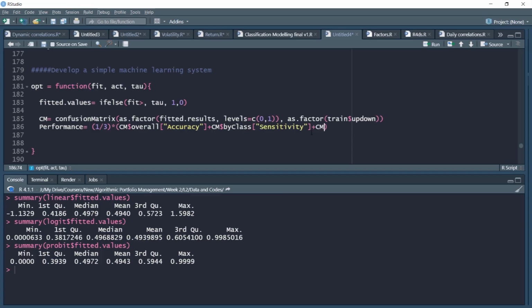So I'm using the simple average to test my trained algorithms and tell the machine learning process that whichever algorithm maximizes this function needs to be considered.